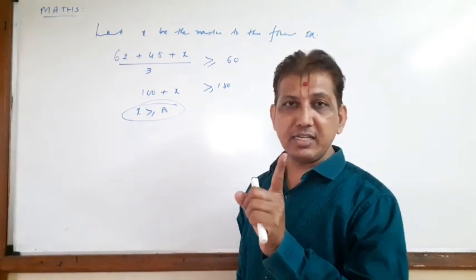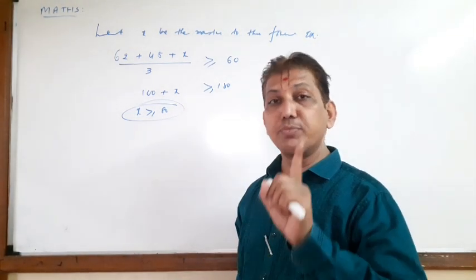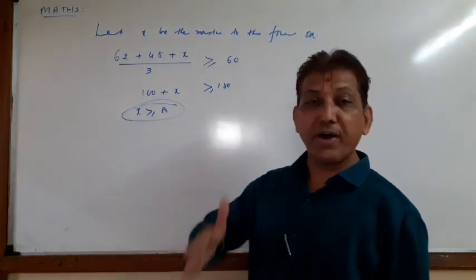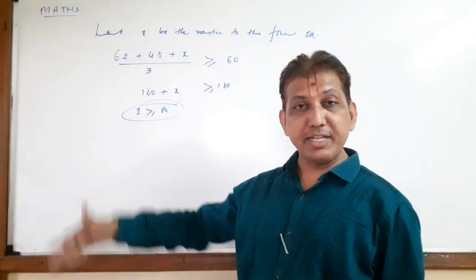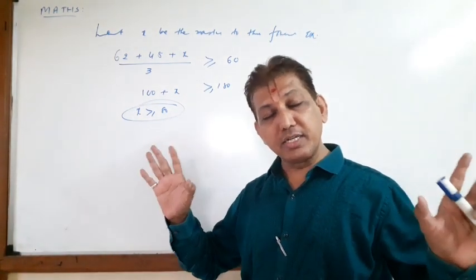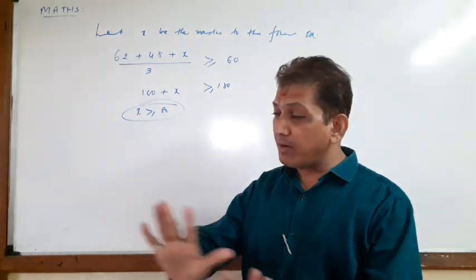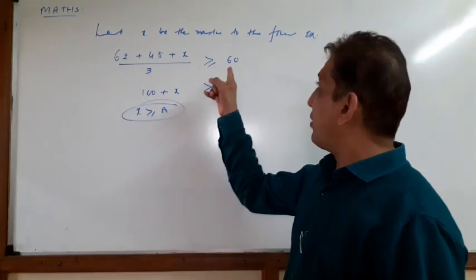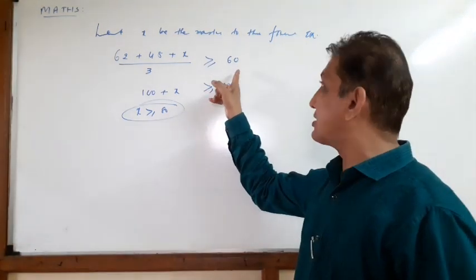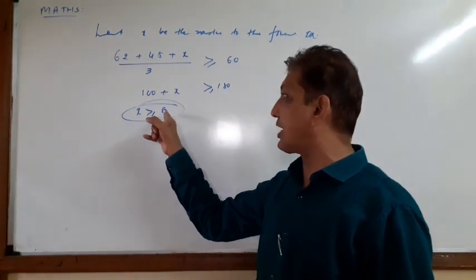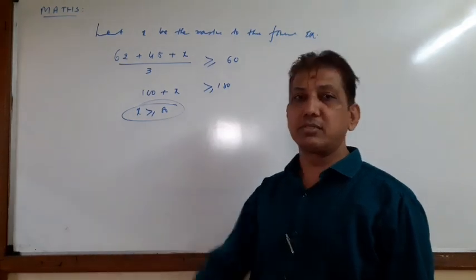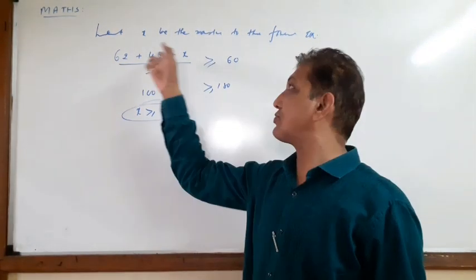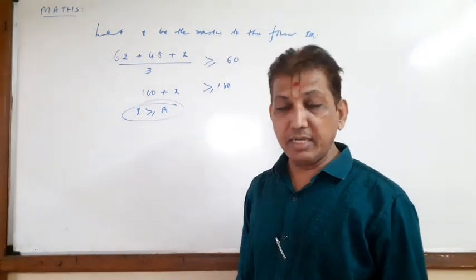So the teacher talks about this thing the whole year. The teacher always says work hard at the start of the year. Near the final examination, students are relaxed, no tension about the examination. This way you can get the minimum average result of 60%. So in the final examination the student needs the minimum marks, because the first two examination marks are very low, 62 and 48. Is it clear?